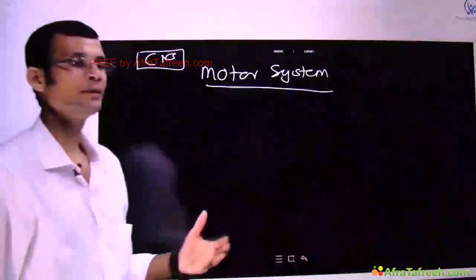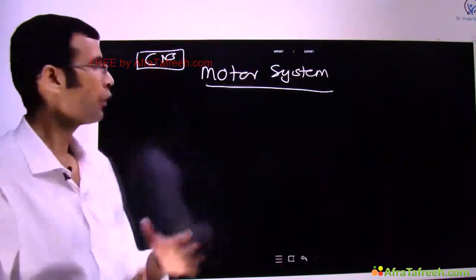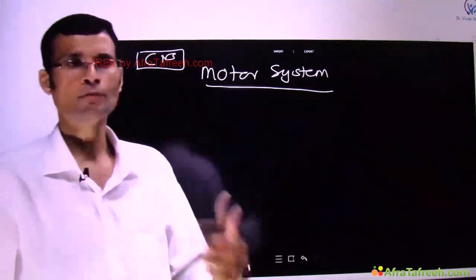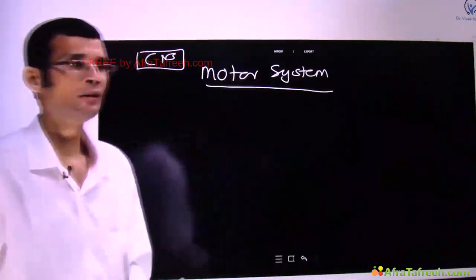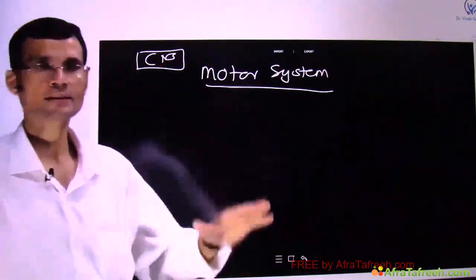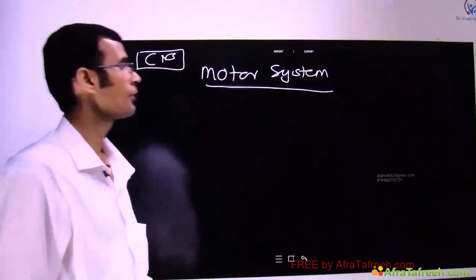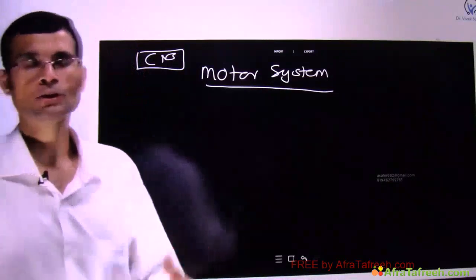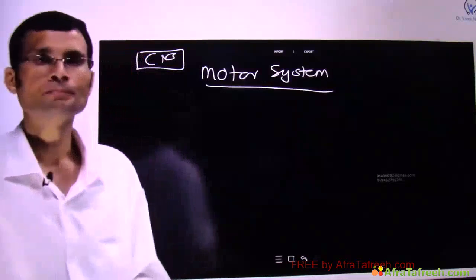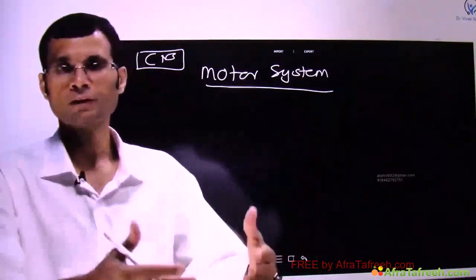Let us now discuss the motor system. It's about voluntary movements, how we decide and perform the voluntary movements, what all things are involved, what all parts of the CNS are involved in the performing of voluntary movements, and various motor neuron diseases, what are the manifestations. At the outset, just to give you a feel of what is coming up,